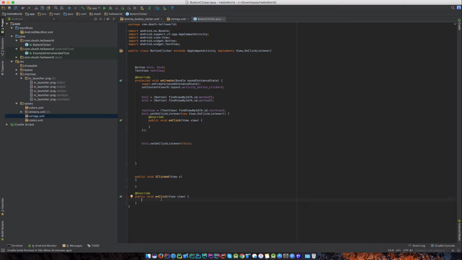So till now we have created three basic things. The first one is binding the method using the anonymous class, onClickListener, and the other one is the direct method, and the third one is implementing the View.OnClickListener interface. So what we will do, we will just